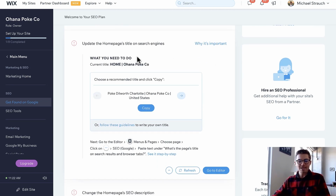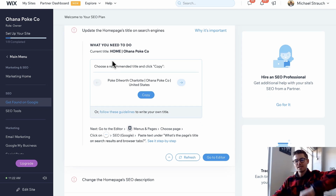And then it'll tell you why it's important. You can read about why it's important. But what you need to do is change the current title. Wix has gotten so sophisticated and so helpful that they even provide you recommended titles to use for your homepage, and for that matter, every other page that you're going to be maximizing your SEO